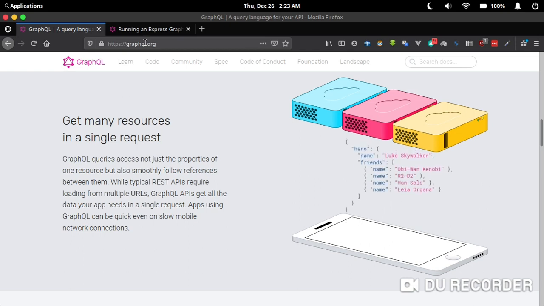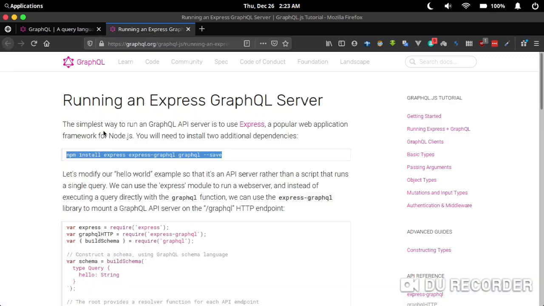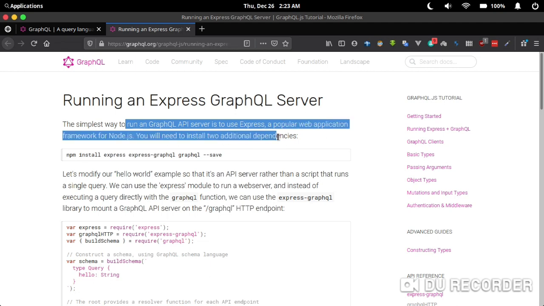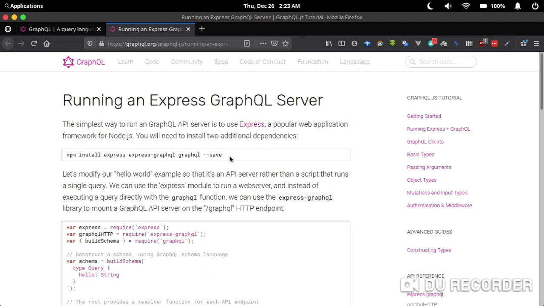So to quickly get started, the simplest way of creating a GraphQL server is to use Express, a popular web framework for Node.js. And to do this, you're going to install two dependencies. Before you can go ahead and install these dependencies, let me first of all open my terminal,